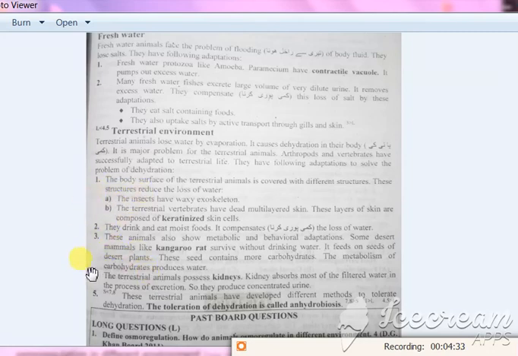We will repeat it. The first mechanism was by adaptation of their body structures or outer covering, or skin development. Second adaptation is by drinking and eating moist food. Third adaptation by